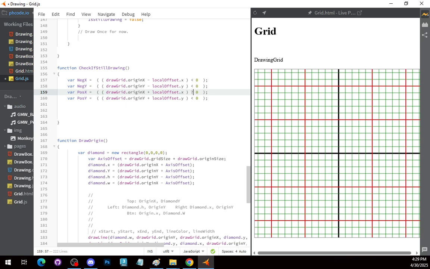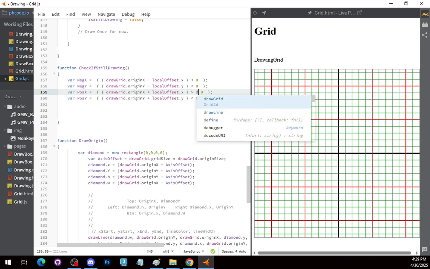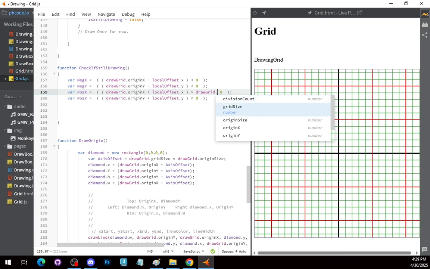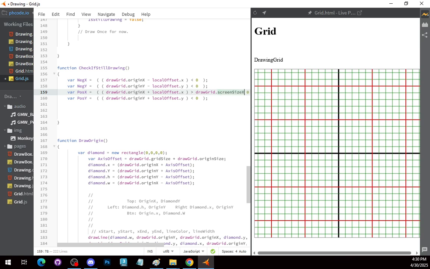These are going to be greater than draw grid screen size X, size Y. And then we can then do a if